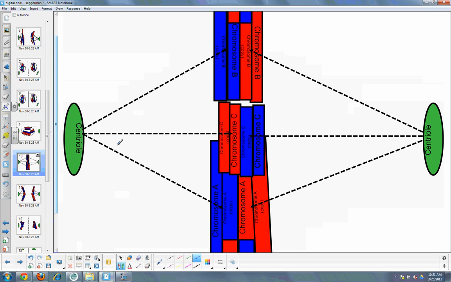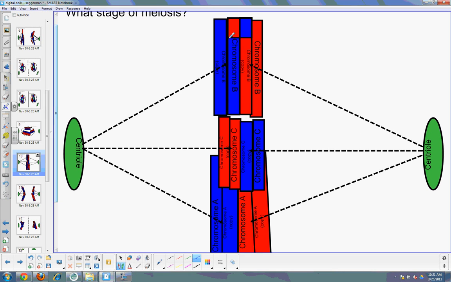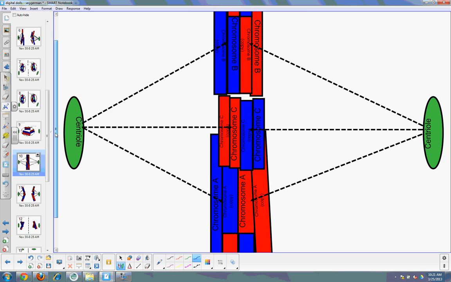So what do you think is going to happen to these tetrads in the next phase? Think about that. In mitosis, we would split apart the sister chromatids. But think about what's going to happen based on the way they're set up here. Just as a reminder, these are called spindle fibers coming out from the centrioles. They're going to help pull things apart. So as we go to the next phase, anaphase,